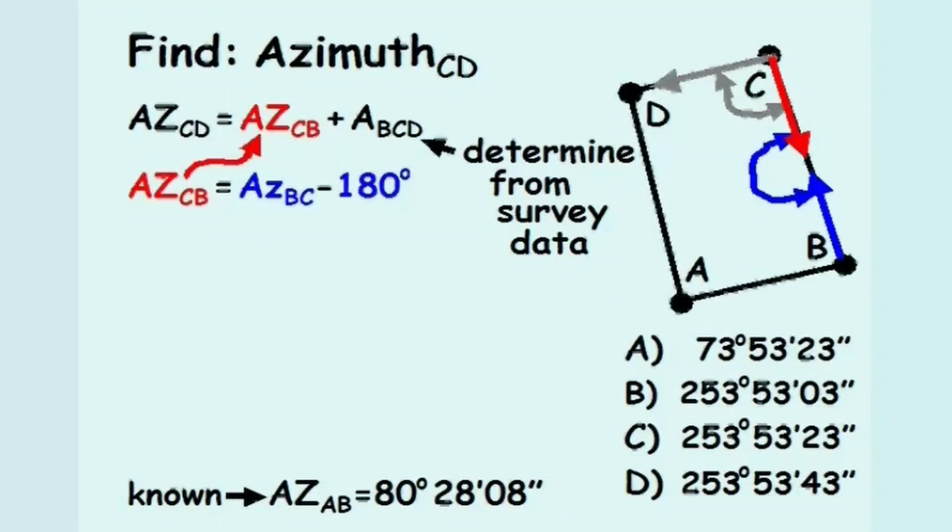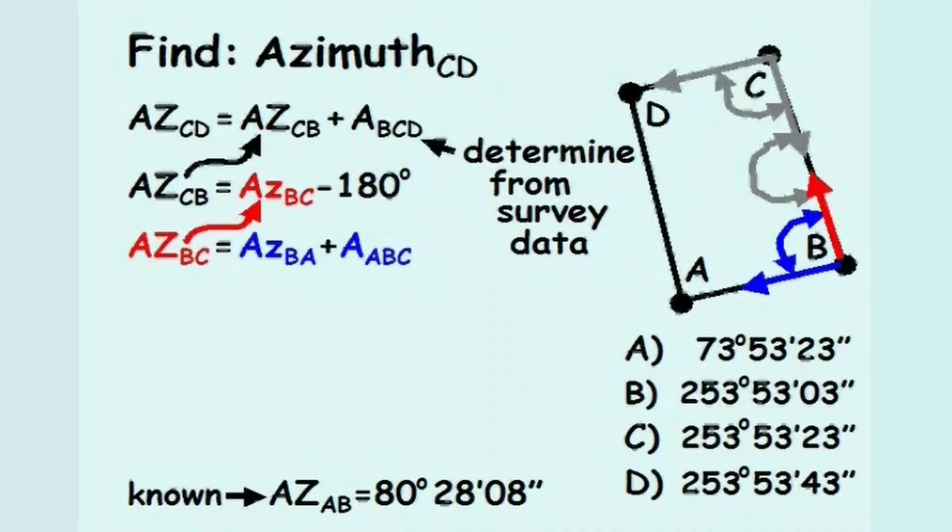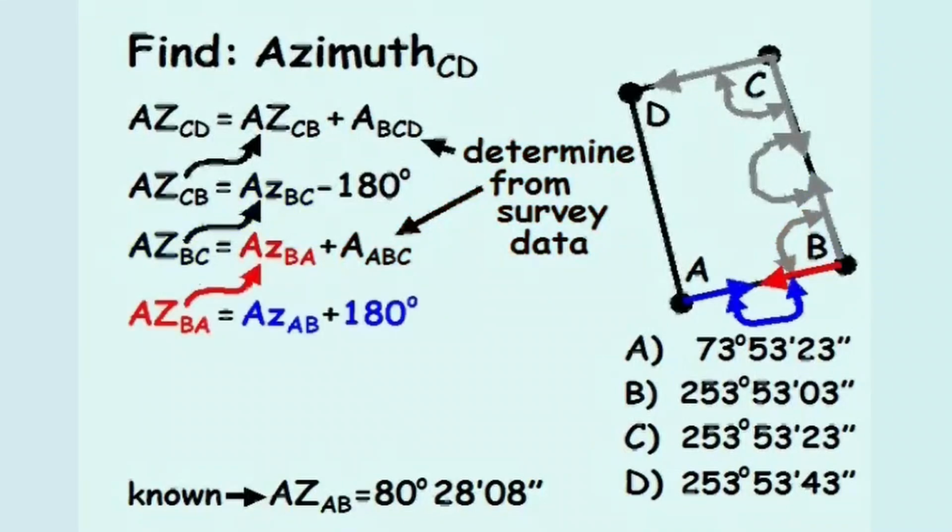The azimuth of course BC equals the azimuth of course BA plus angle ABC, where angle ABC can be determined from the survey data, and the azimuth of course BA equals the azimuth of course AB plus 180 degrees. And the azimuth of course AB is given in the problem statement. The only unknown variables we need to solve for the azimuth of course CD are the measurements of angles BCD